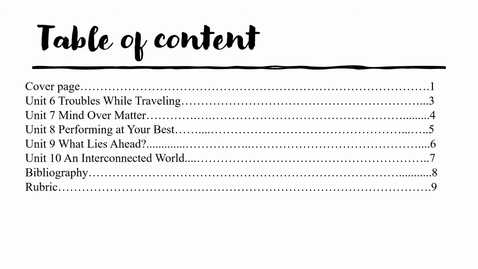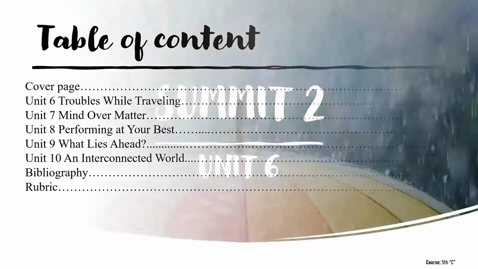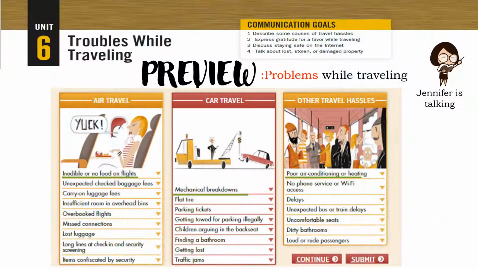In this video we will explain about Summing to Book from Unit 6 to 10 and I hope you enjoy it. Unit number 6 is about troubles while traveling. Within this unit we are going to find a preview which provides vocabulary about some problems that people can have while traveling. For example, inedible or not food on flights if you have an air travel, mechanical breakdowns in the case you have a car travel, and poor air conditioning or heating if you experience other travel hazards,